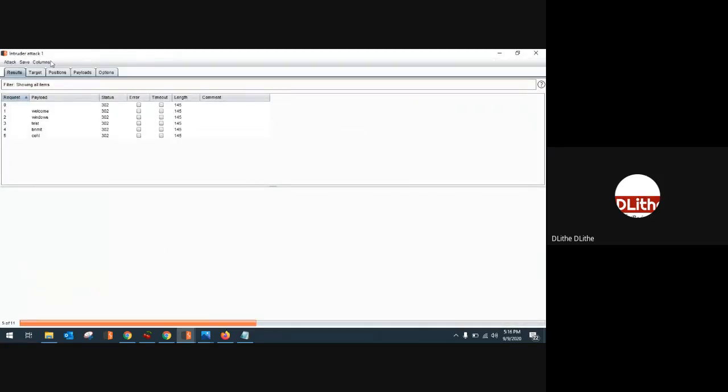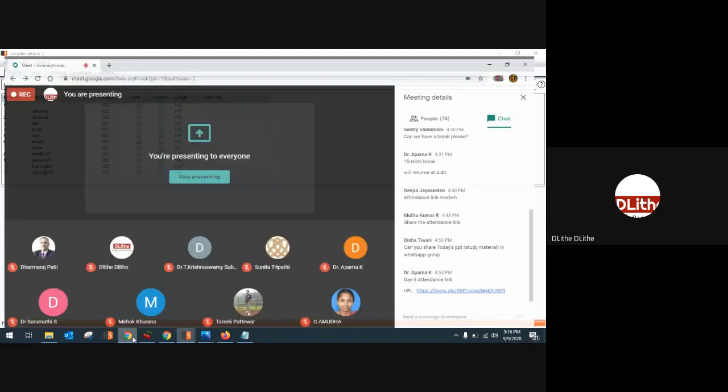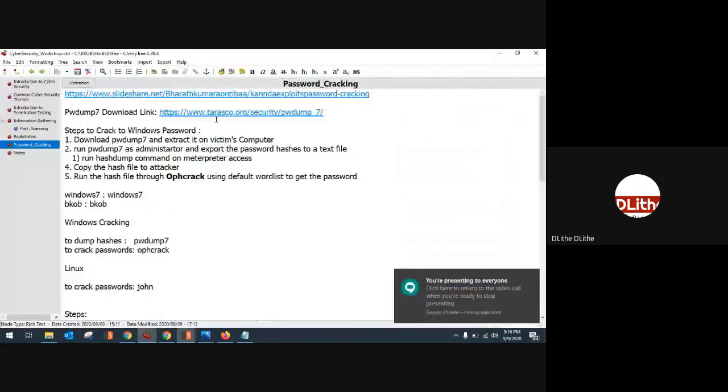Okay, so this is the response that you will get. Depending upon the status code and length of the response, we can validate whether your password has been cracked or not. Now, how can I validate whether my given password has been cracked or not? There's a small checklist for that purpose. Let me use that.